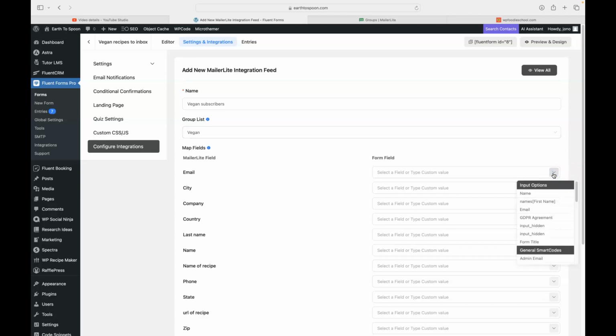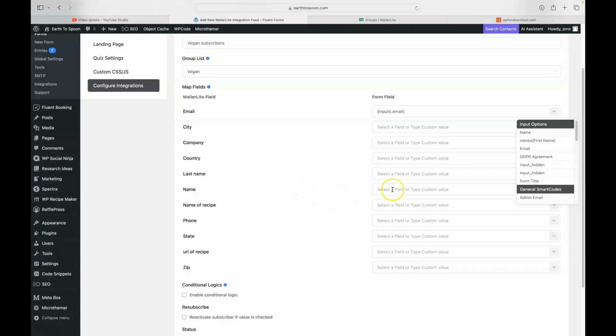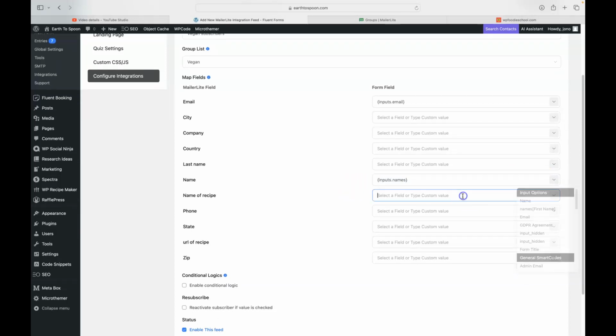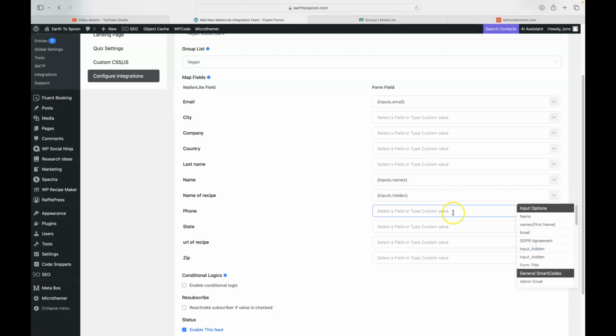So we need to do what's called map these fields now, so that the form is sending the right data to the right place in Mailerlite. So we have the email there, we have the first name there, and that's what I'm saying, the name of the recipe is there, and